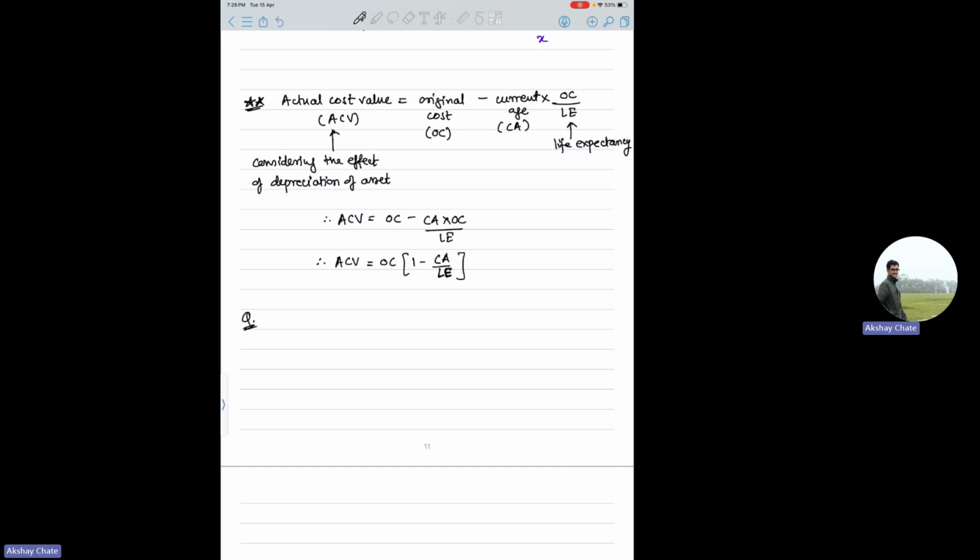Okay, so a machine is purchased for 50,000 rupees. What will be its ACV